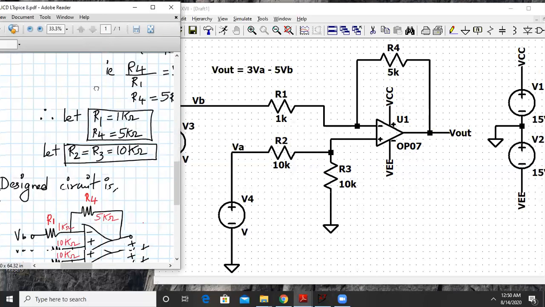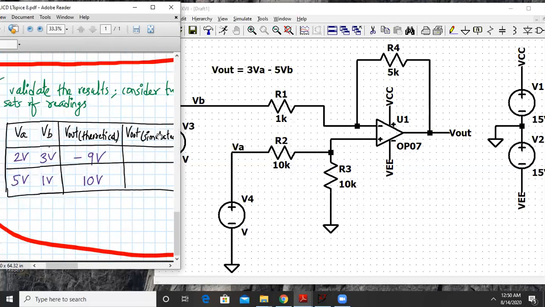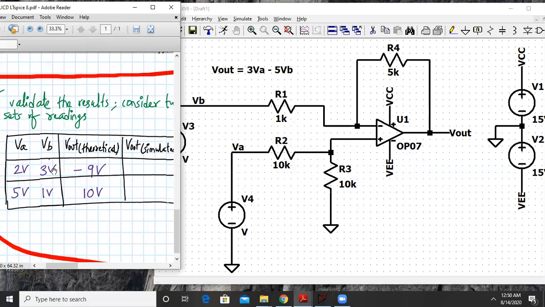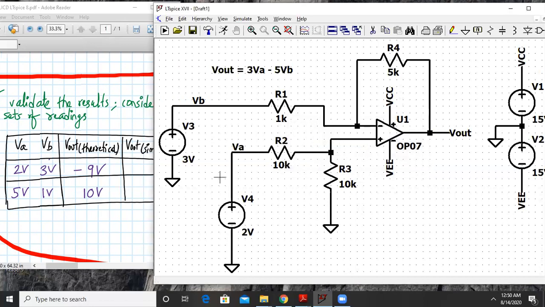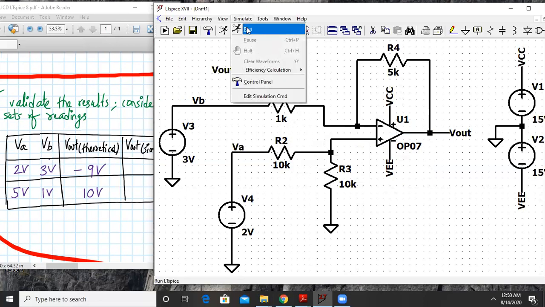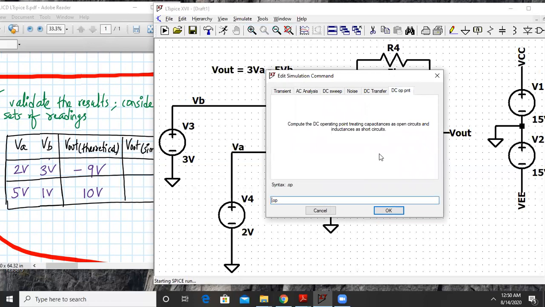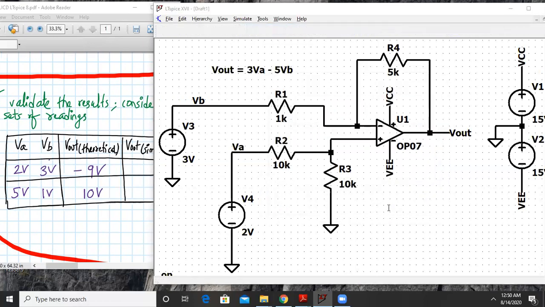First combination will be, let us select this. So VA and VB are 2 and 3 respectively. So this is 2 volts, and this will be 3 volts, and we expect to get an output of minus 9. Let us check now. So go to simulate, run, and go to DC operating point and click on OK.